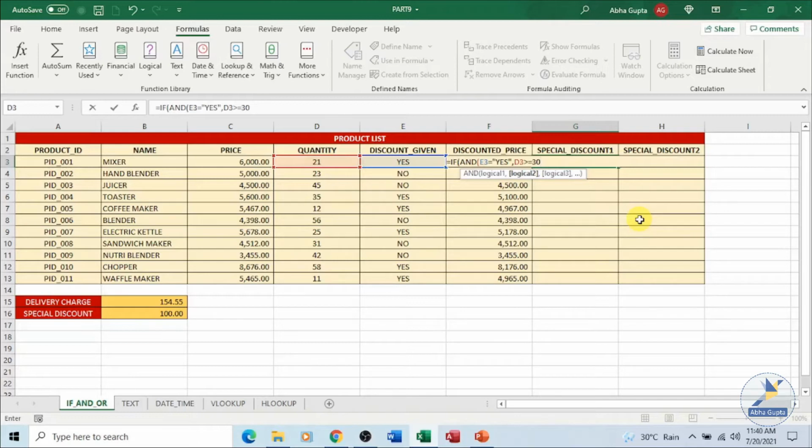Over here we have a special discount. So instead of writing the value over there, this time we'll place the cell address over here. Let's see how we can do that.